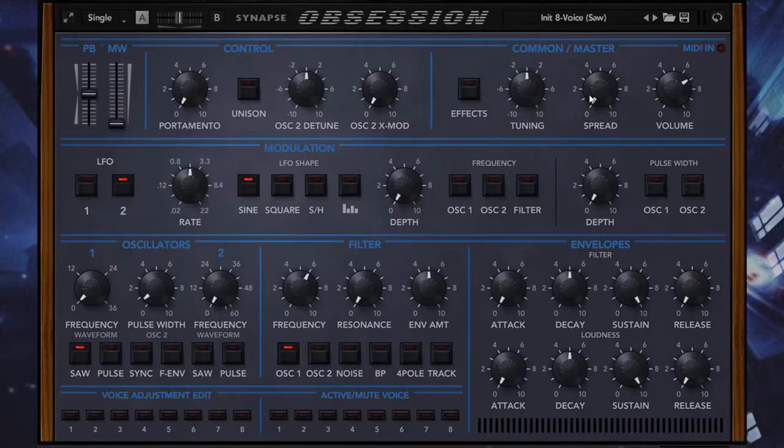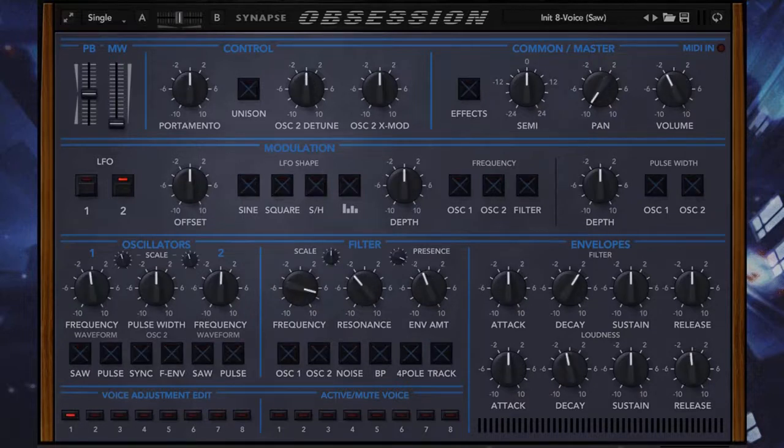So the spread is like the organic knob for the panning, kind of. In the way that you don't really hear these things, and you hear them more as the spread comes in. So there's no spread, but as you increase it, that left and right becomes audible in the voices. And then the volume just changes slightly between each voice,